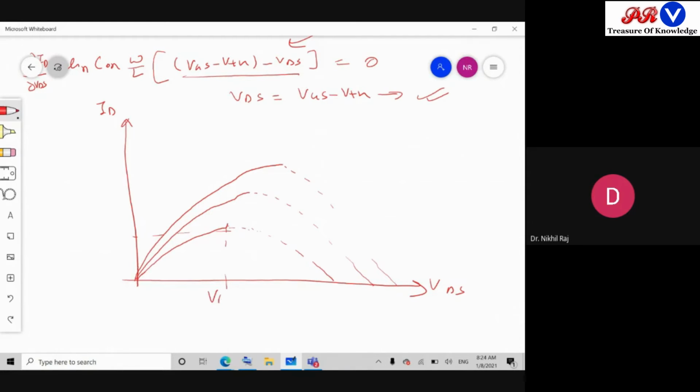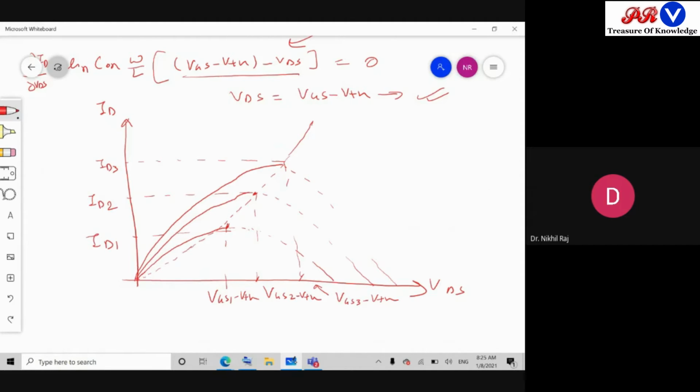So this is, let's say, VGS1 minus VTH. For VGS1 this is there and the current flowing is ID1. If we plot this one, we'll get here VGS2 minus VTH. For VGS2 we get this peak, and the corresponding current, let's say ID2, is there. Then for this one, let's say it is VGS3 minus VTH and the corresponding current is ID3. So if we plot from here, we'll see a curve like this will come.